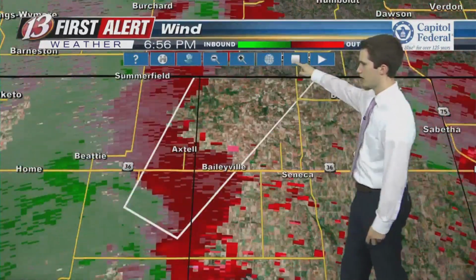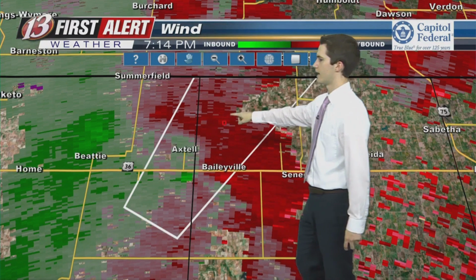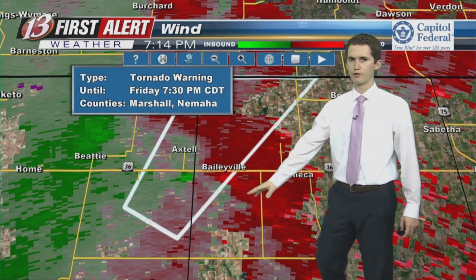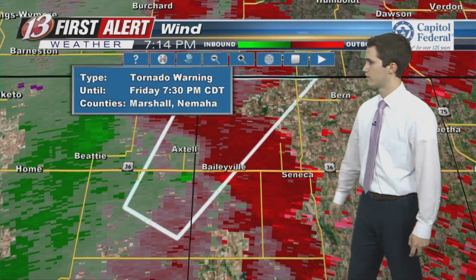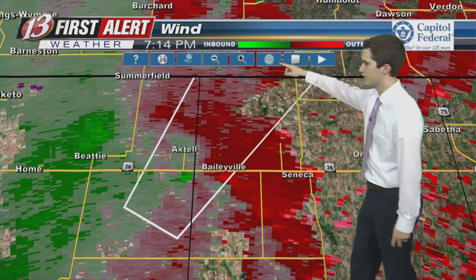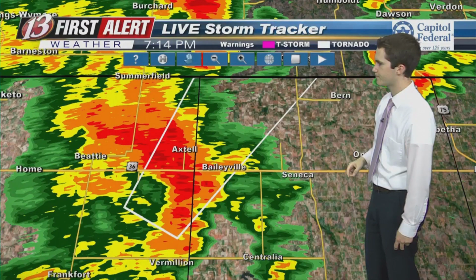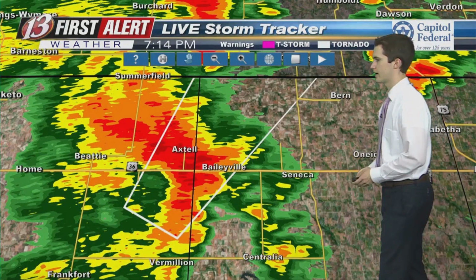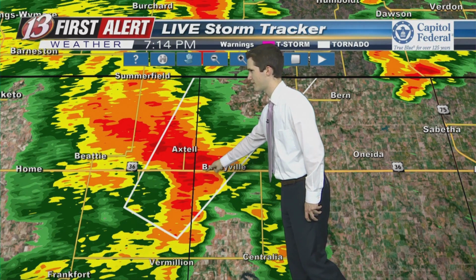So again, this is the tornado warning that does continue. It goes until 7:30 tonight. The area highlighted here, that's the newest tornado warning that we do have. Again, earlier this was affecting southeastern sections of Marshall County, but now it's moving right along the county line. Again, there is still some circulation there, but it does not appear to me to be something that is very strong at this point. We've still got daylight here, so if there is going to be anything produced out of this storm, we'll see if we have anything from storm spotters, but it's probably going to be pretty difficult